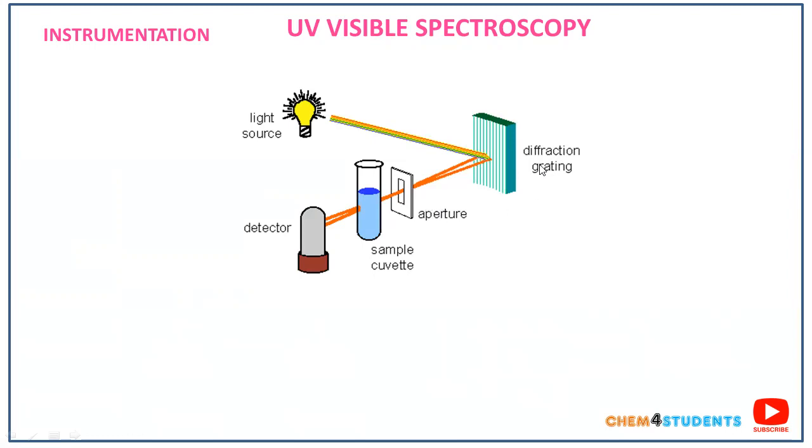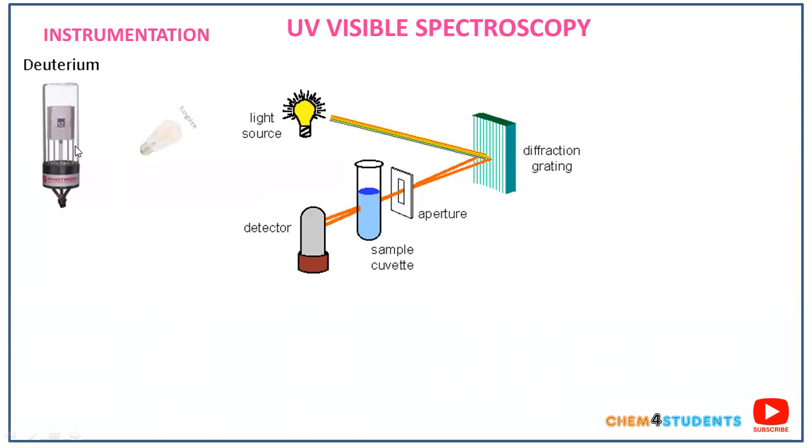Let's go to the light source. Here we have a deuterium light source, which is also called the UV lamp. 200 to 400 nanometers will be produced by this lamp. This deuterium lamp is the most widely used one because it produces 3 to 5 times more intensity than other lamps. We have two other lamps, the hydrogen discharge lamp and the xenon arc lamp. All these lamps are operated with high pressure, which is maintained in these lamps.